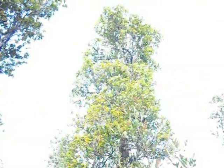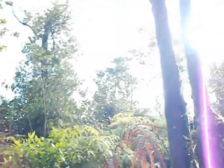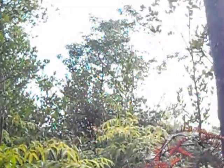This gate has rotted in the rain. It just rains constantly. This is a rainforest. You can see the ferns. My huge native tree. There's another tree. Right in there. That's a native koa, but they don't grow up here where I live. I brought that one from